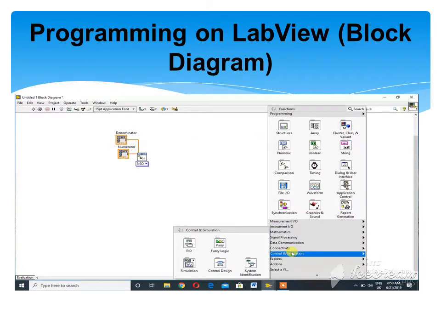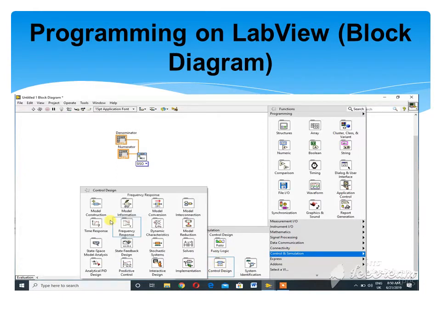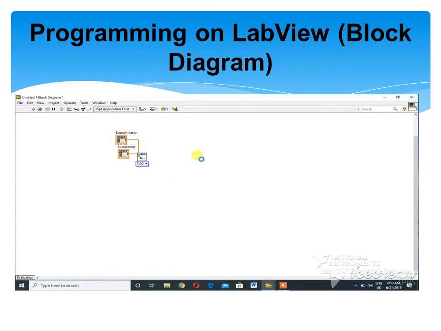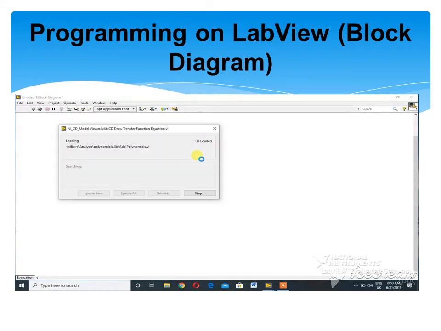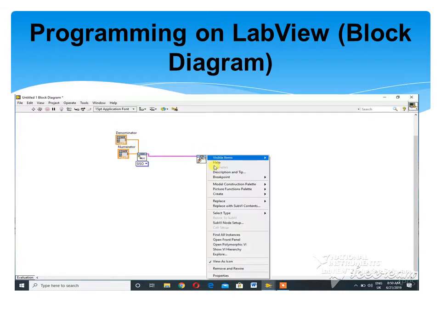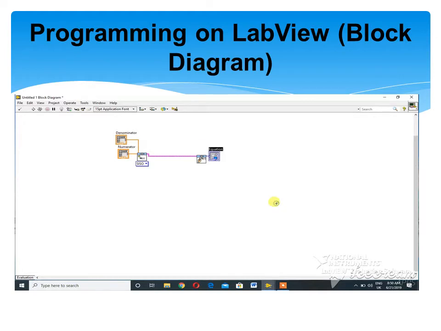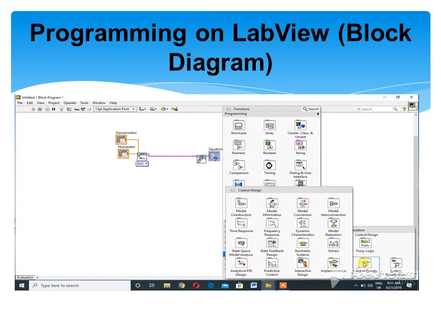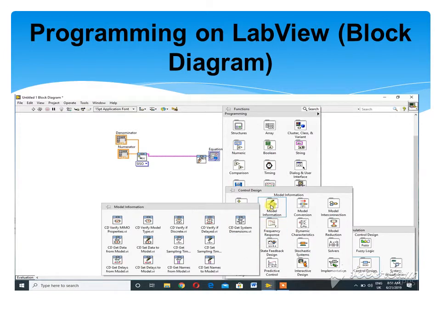Again go to Control and Simulation, Control Design, Model Construction, CD Draw Transfer Function Equation. Here the output of this CD Construct Transfer Function is connected to the input of the transfer function model. Right click, create an indicator for the output to show the equation. Again go to Control and Simulation, Control Design, and then go to Model Information and draw the